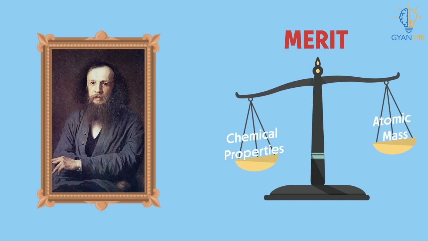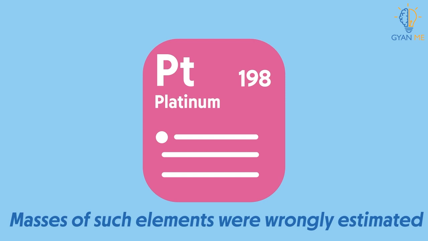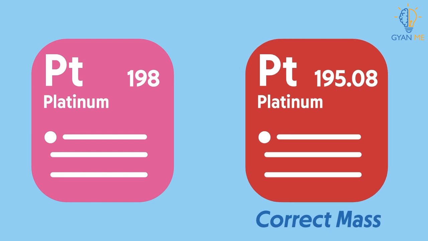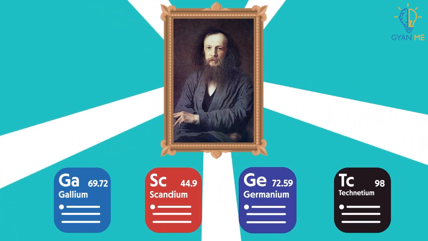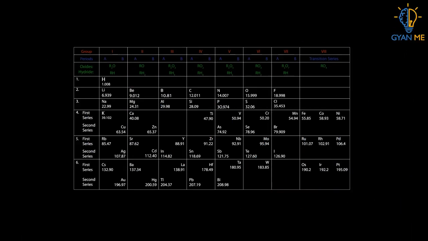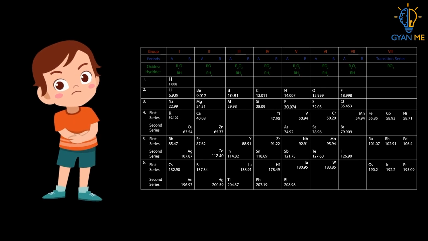Another big thing that Mendeleev's table could do was correct the atomic masses of elements like platinum. Yes, he said that the masses of these elements were wrongly estimated. And to everyone's surprise, their true masses were later re-estimated and correctly written. Now you must be thinking that such a genius who could predict the existence of so many new elements or point out wrong masses would have made a perfect table, isn't it? But sorry, this disappoints you. His table also had some limitations, which we will discuss in our next video.